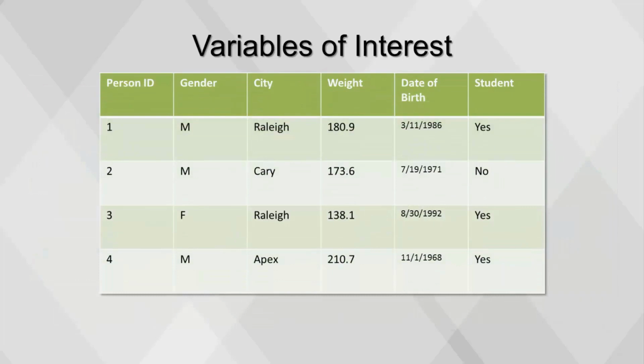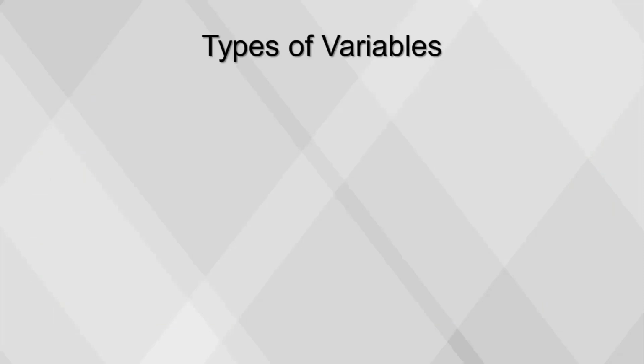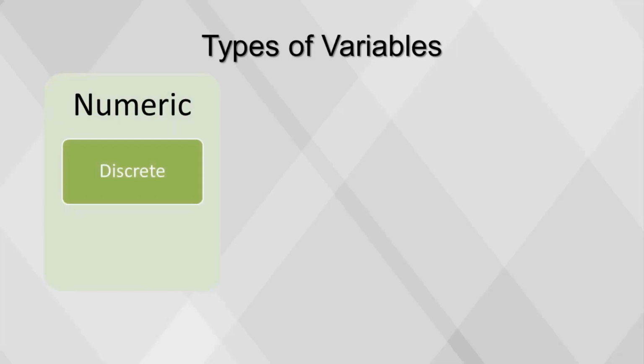Once the variables of interest have been selected, they can be renamed if needed and assigned the proper data type. There are two common variable types, numeric and categorical. Numeric variables include discrete variables, which can include whole numbers used for counting and IDs that represent a unique entity, and continuous variables, which are numbers with decimals used for measuring.